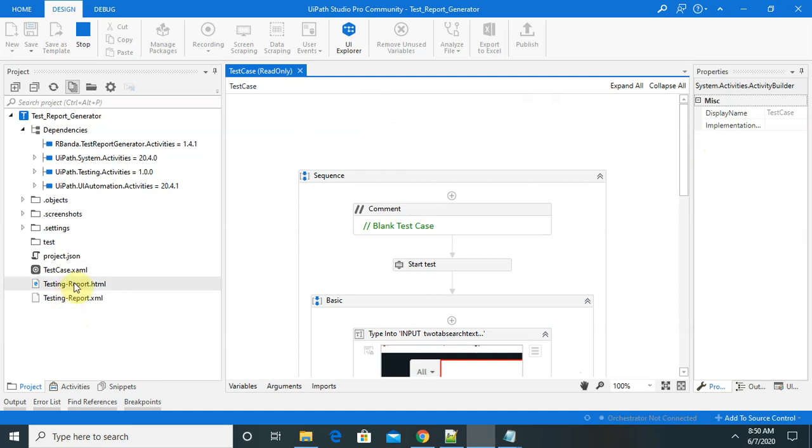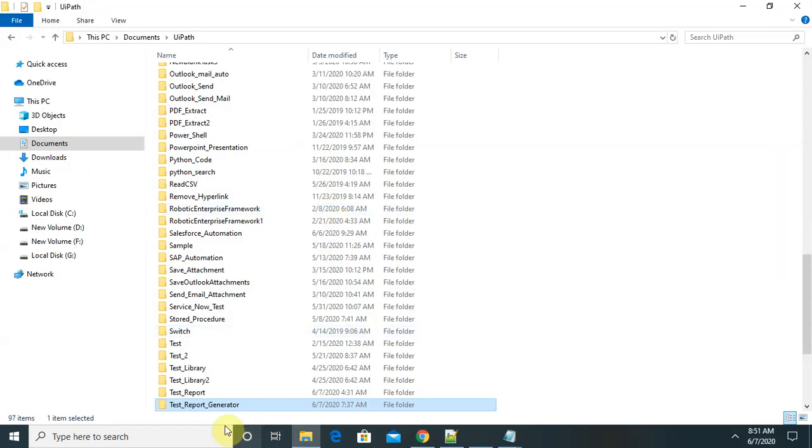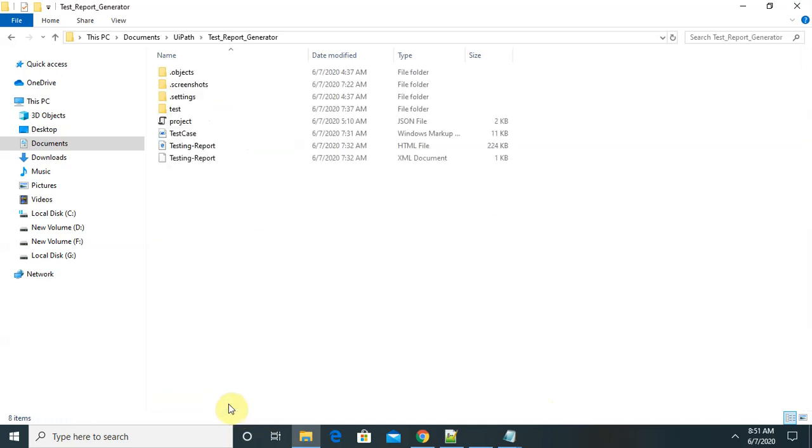As you can see, whatever test cases or test report is generated is available here. You can also find it inside your project folder. Now I can see both the reports.